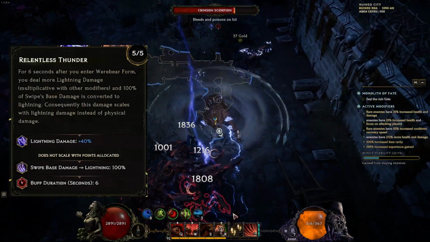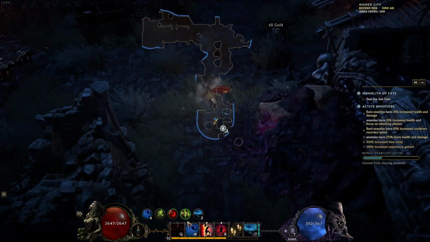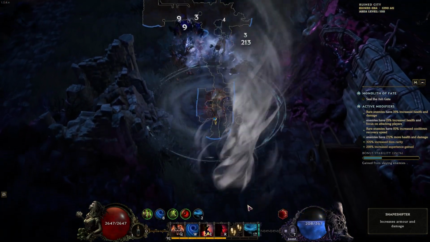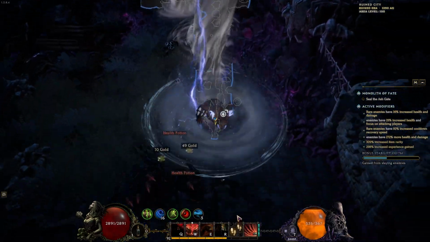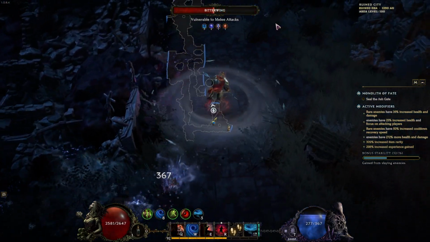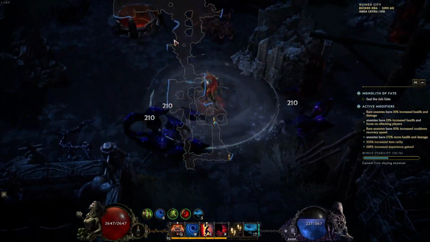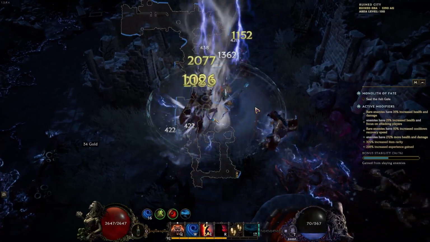If you don't know, Relentless Thunder gives you 40% more global lightning damage for 6 seconds after you transform into Werebear. And then, of course, we transform into Werebear, let our Tornado sit there, and then the Gathering Storms proc, and they get the more damage. Now, it's weird that I say this because a lot of people must be saying, like, hey, wait, I thought you can't snapshot like that. And no, you can. So the way that this works, to give you a lesson in snapshottery,